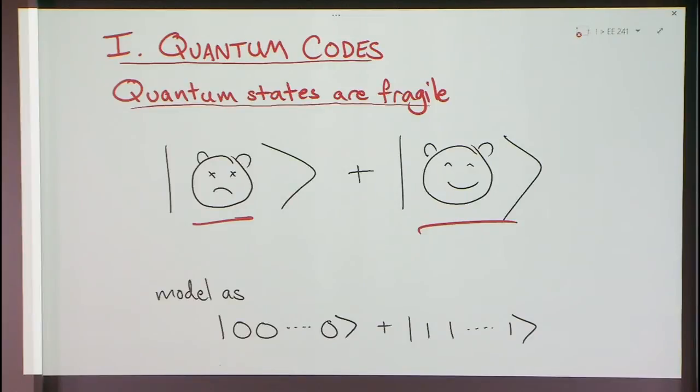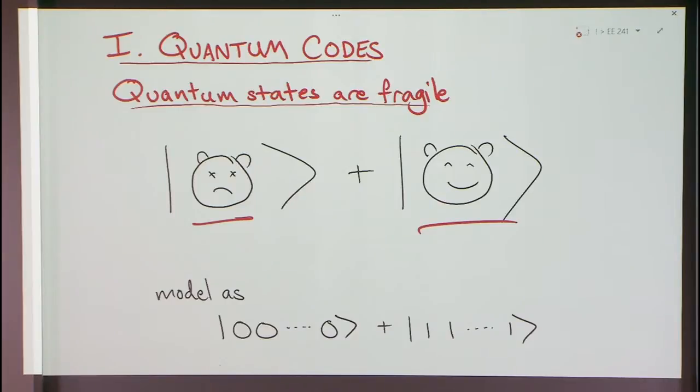So first I'll talk a little bit about quantum codes. And the basic problem with quantum states is that they're really fragile. If you take the typical Schrodinger's cat state, which is a dead cat and a live cat in superposition between the two states, it's a really cool state, but it's not something that could survive very long, right? Because if a single photon came in, bounced off the state, interacted with it in some way, then bounced off, you'd have to trace it out, and that would collapse the whole quantum state. It would become entangled with this photon. So once the photon's lost, the state becomes collapsed.